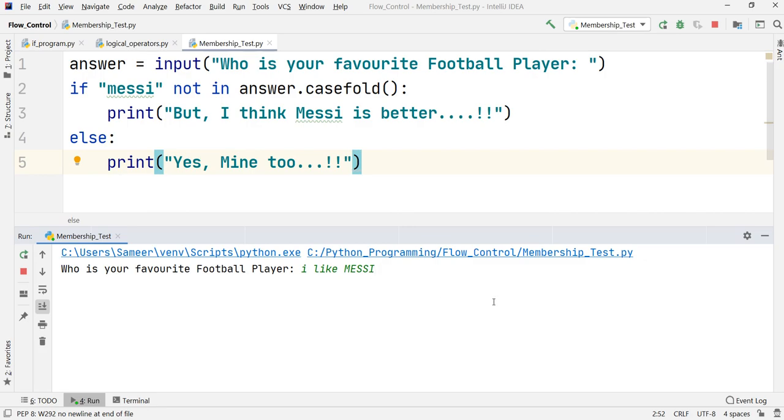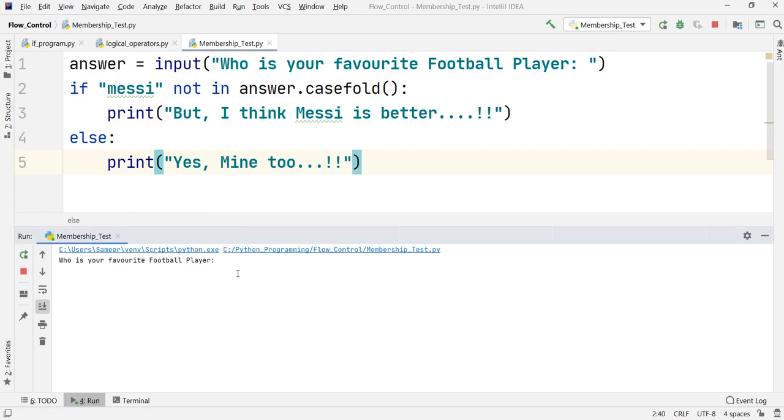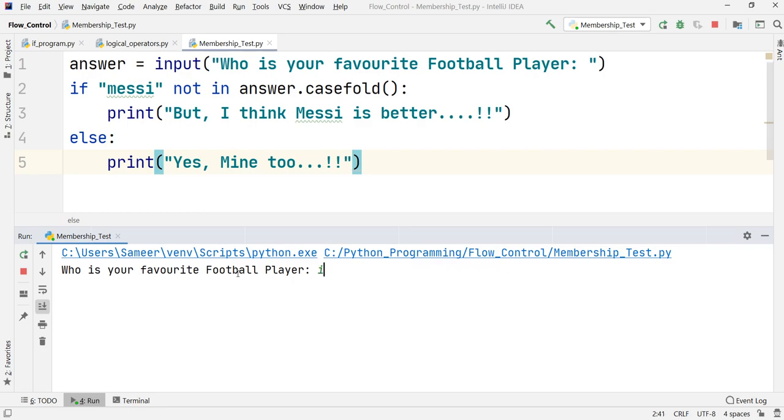If I press enter, it will say, "Yes, mine too." And if I do some variations again, suppose I write capital M, small e, capital S, small s, and i, and press enter, it will still recognize the value you have given. That is when it will say, "Yes, mine too."